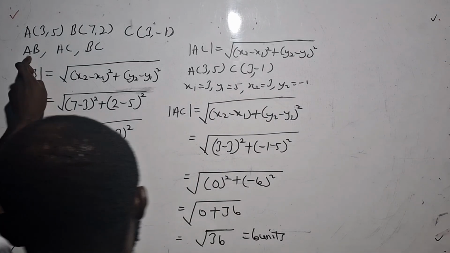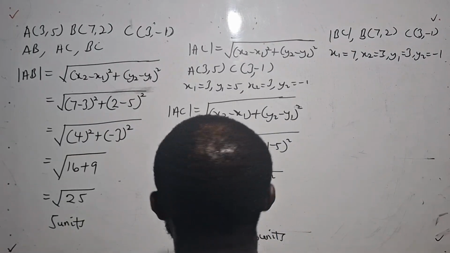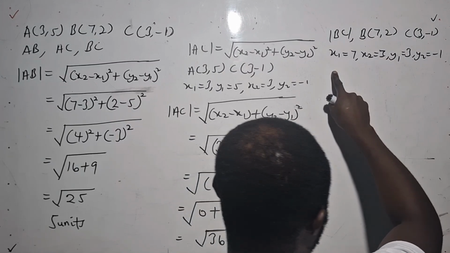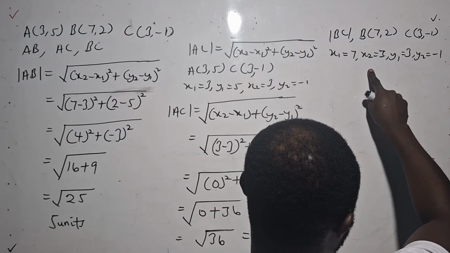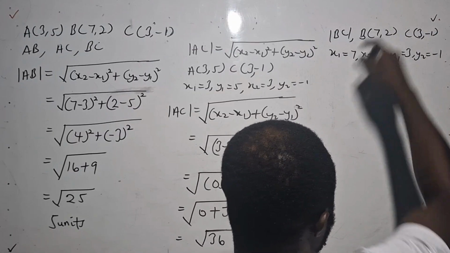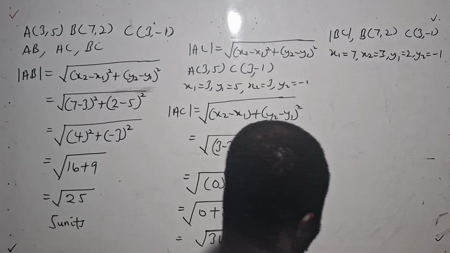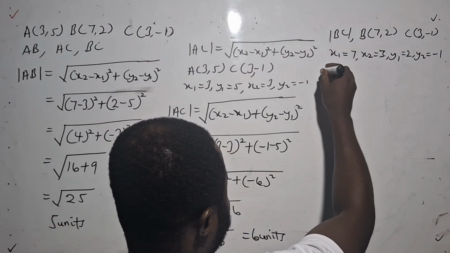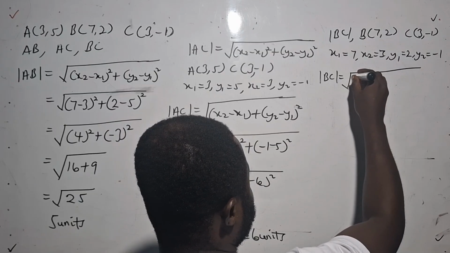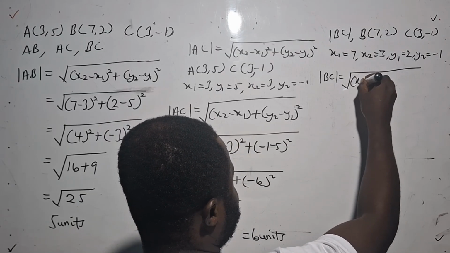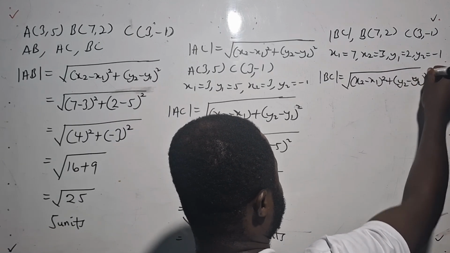Now let's talk about BC. So B is 7, 2, then C is 3, negative 1. So x1 is 7, x2 is 3, then y1 is 2 and y2 is negative 1. So let's find the length of BC. The formula is x2 minus x1 squared, plus y2 minus y1